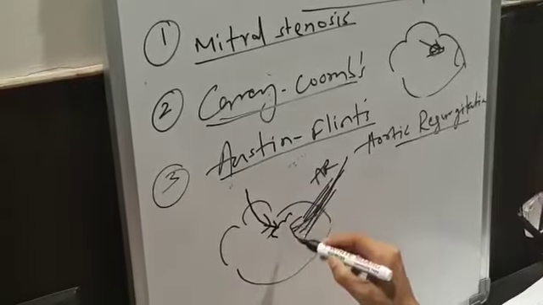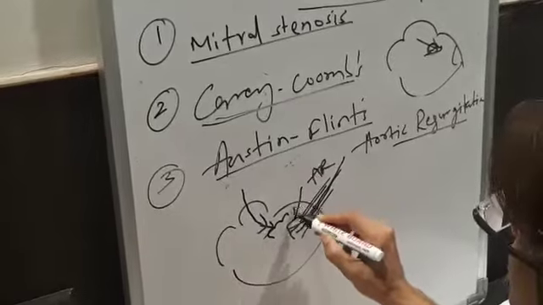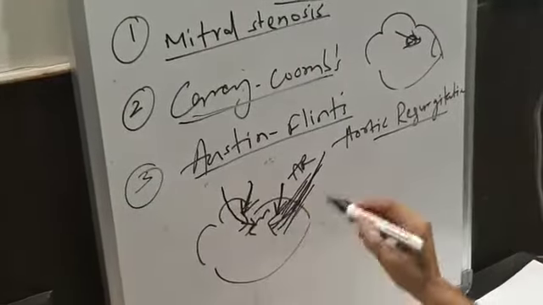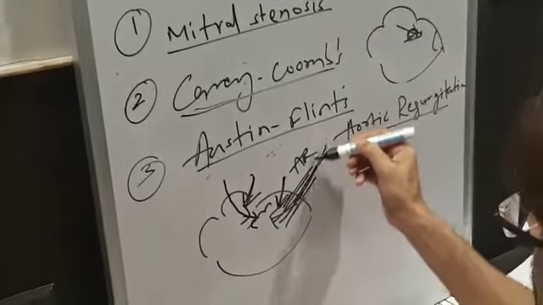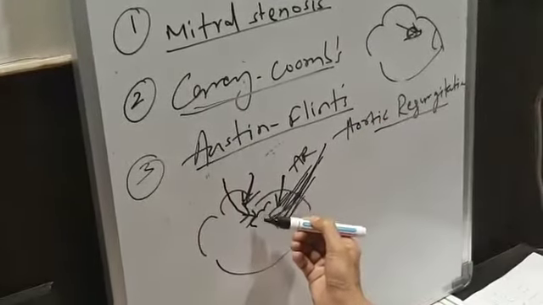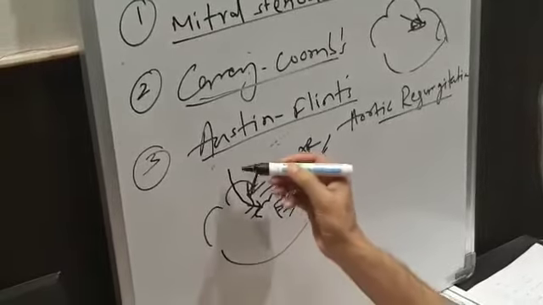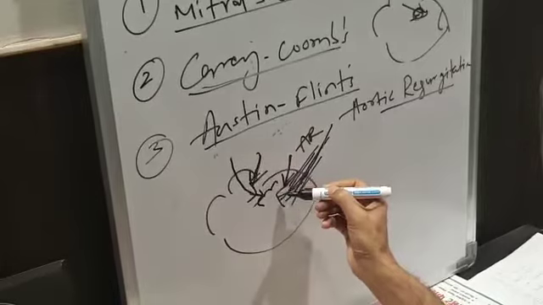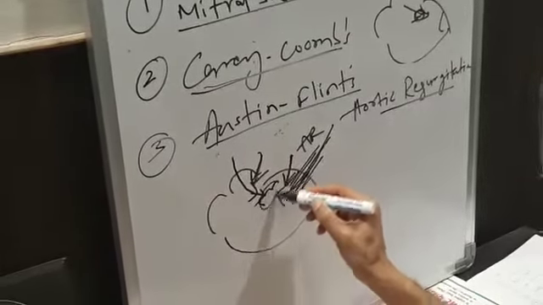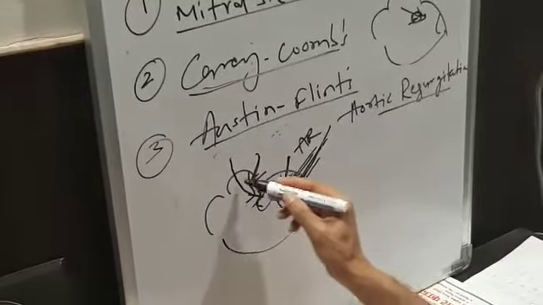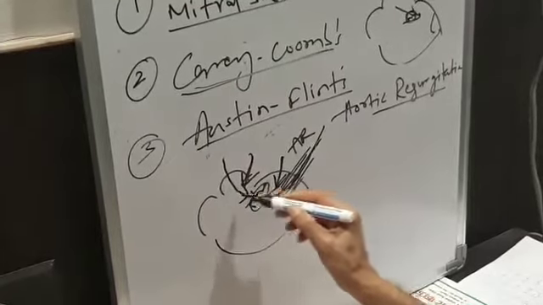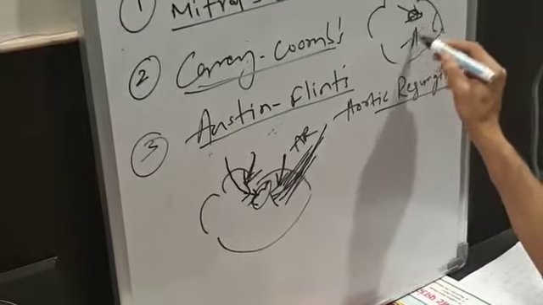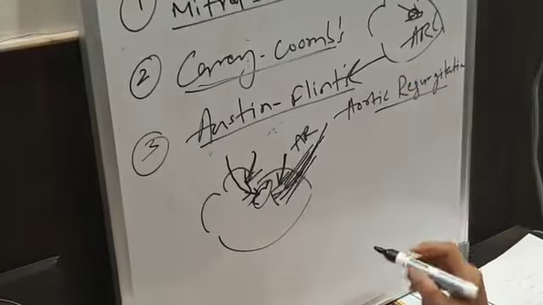So the mitral valve is fluttering between these two forces, or these two jets of blood. One, the regurgitant jet from the AR dashing up, striking the mitral valve. At the same time, the left atrium is also trying to push the blood into the left ventricle through the mitral valve. So the mitral leaflets are fluttering, especially the anterior mitral leaflet, between these two jets of blood, creating a mid diastolic murmur at apex in AR, which is known as Austin-Flint's murmur.